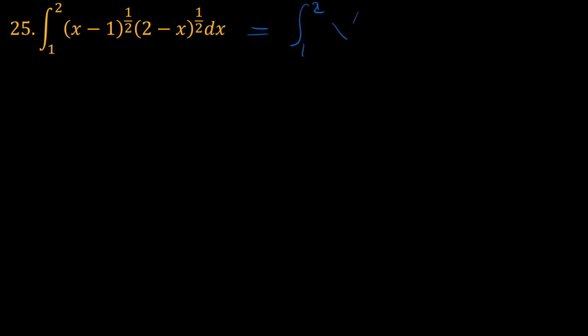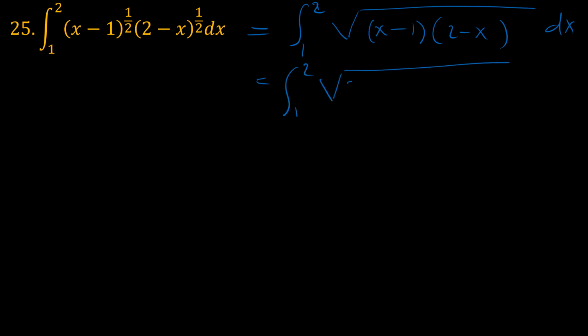So problem 25, which is the definite integral from x equals 1 to x equals 2 of the square root of x minus 1 times the square root of 2 minus x. This is certainly very interesting, and personally I would just like to express it as one big square root. Keep things there so that we have 1 to 2